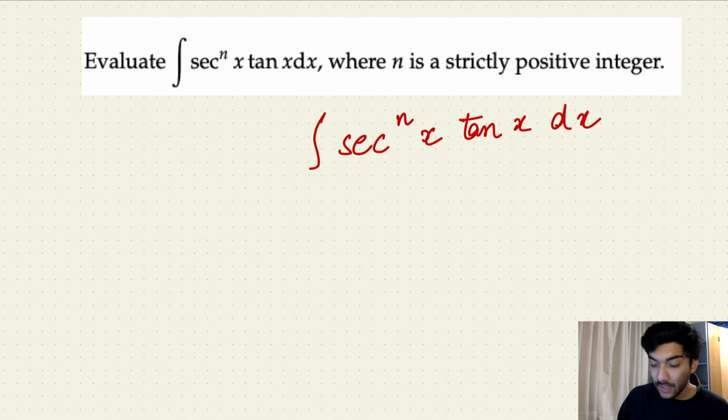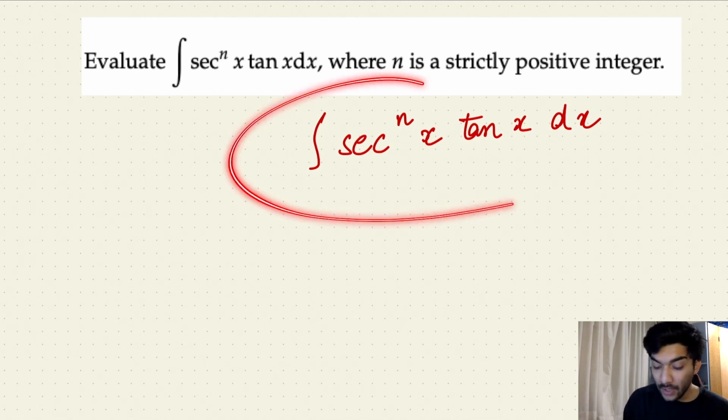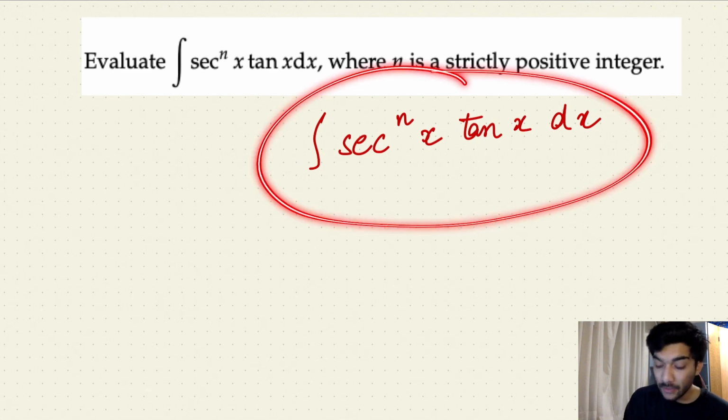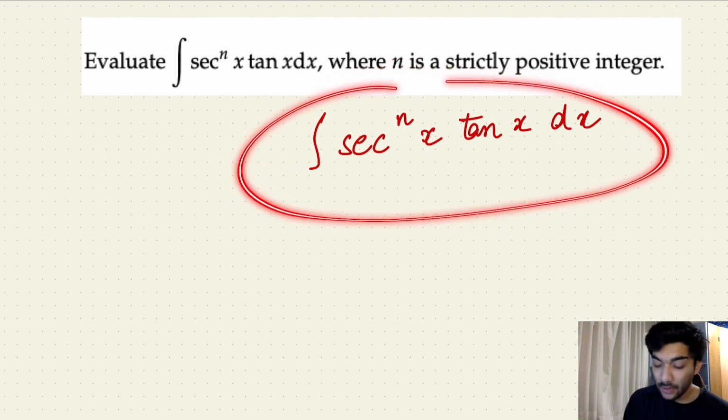And in this case, we can clearly realize that since we have secant x and tan x, it gives us an idea that it might be a substitution question over here, right? Because we know that the derivative of secant x has a tan x component, and so is the case with tan x as well. If we take the derivative of tan x, it's secant square x. So that is why it gives us an idea that it might be favorable to use substitution